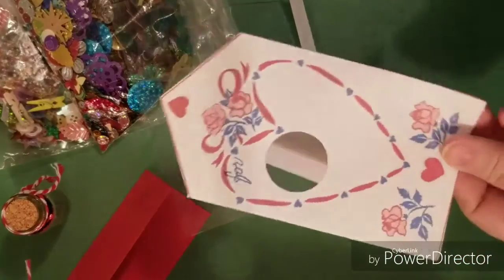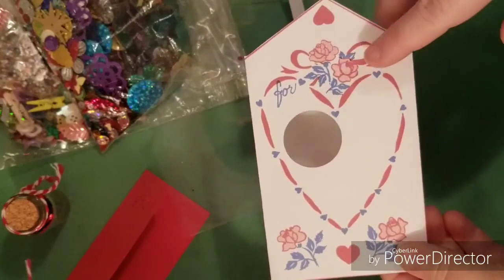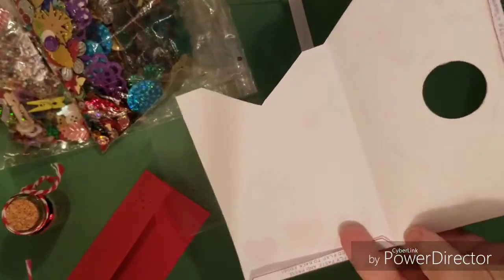Hello YouTubers, today I am here to show you about creating the shaker envelope, and this is the template that